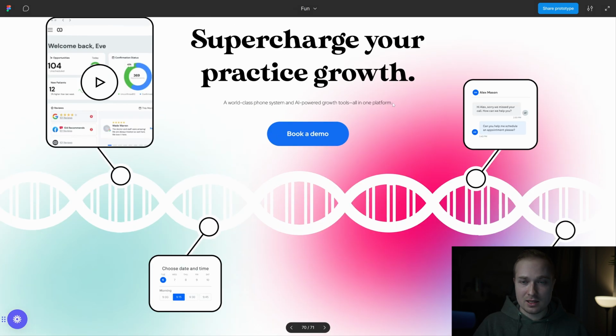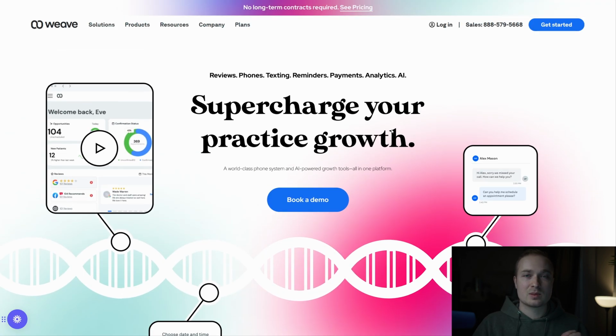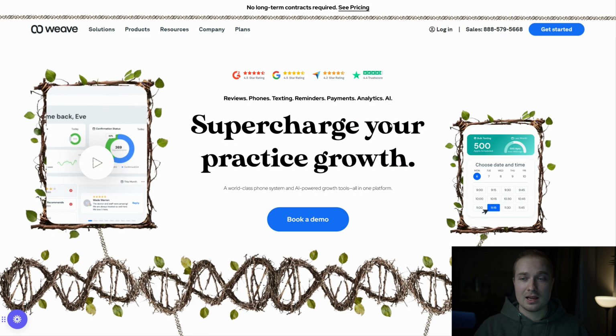So let's go back here and let's look at one more exploration. What is something else that reminds you of something that weaves? Well, for me, it would be the way that birds build nests, right? They kind of take fig trees and leaves and they just kind of wrap them around and they build a nest. And so this is a second way that they could make their brand more memorable,